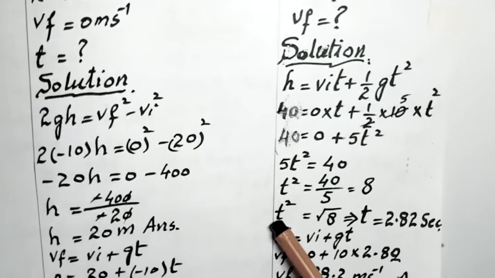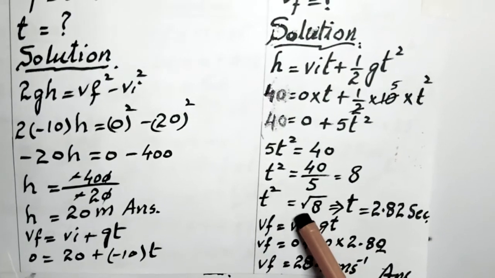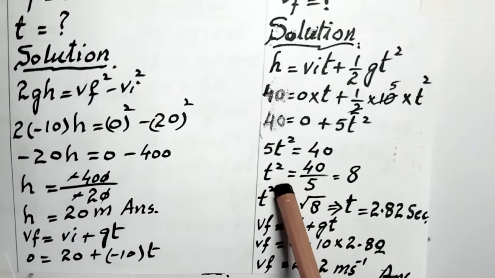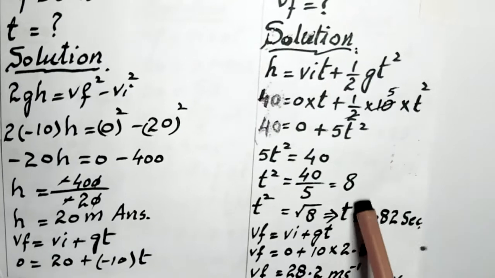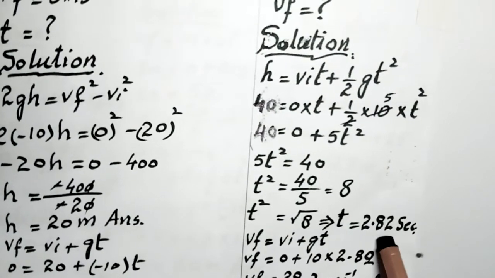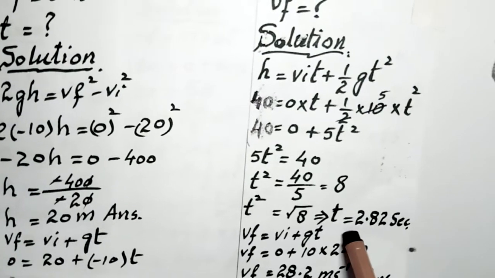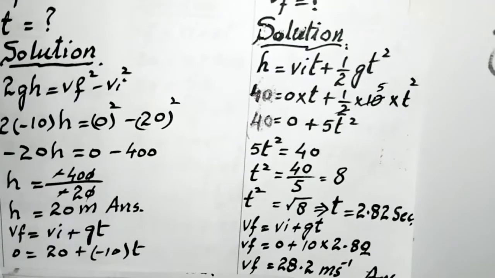Now t square is equal to root 8 क्योंकि हम इधर इसका भी रूट लेंगे इसका भी रूट लेंगे तो t से रूट कैंसिल हो जाएगा और ये इसका रूट लेंगे तो ये 2.82 सेकेंड आ जाएगा। तो आपका टाइम जो है 2.82 सेकेंड है।